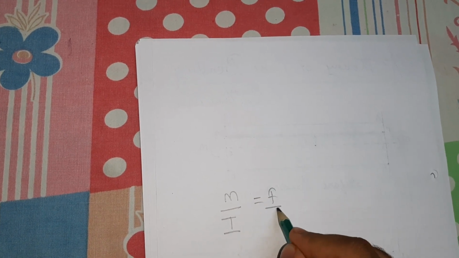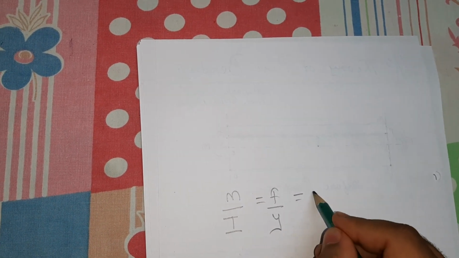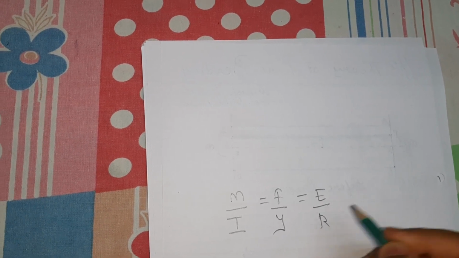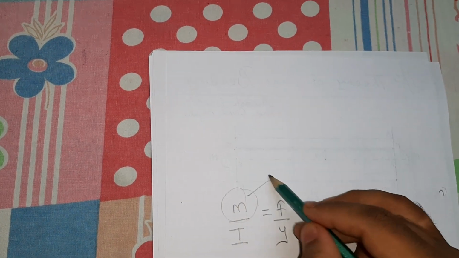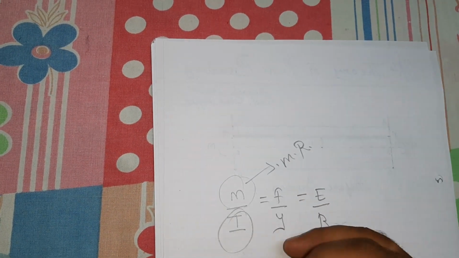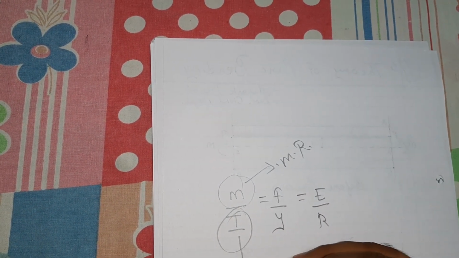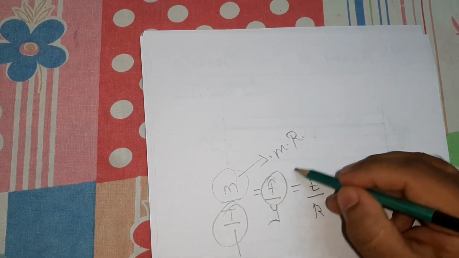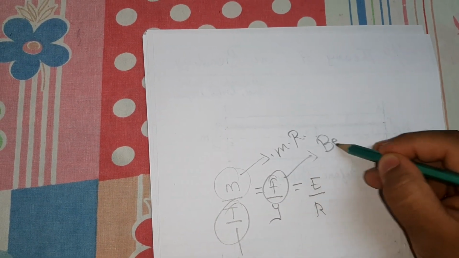We'll just write the equation, that is M by I is equal to F by Y is equal to E by R, where M is moment of resistance, I is moment of inertia, F is your bending stress,